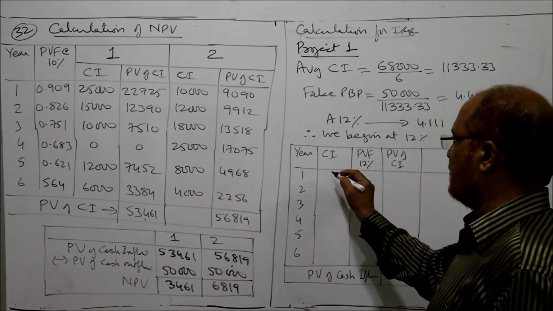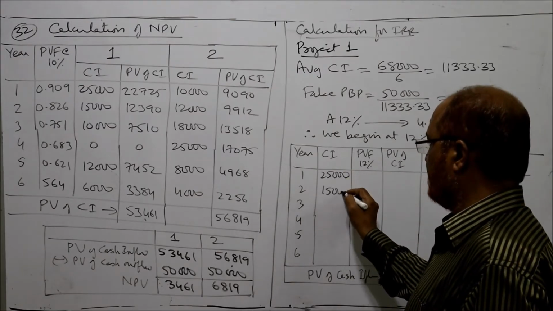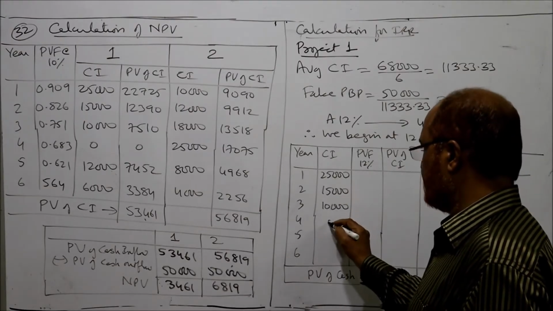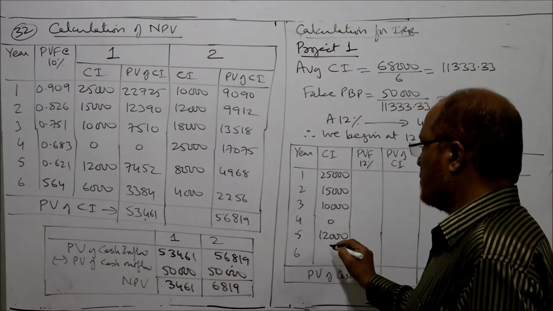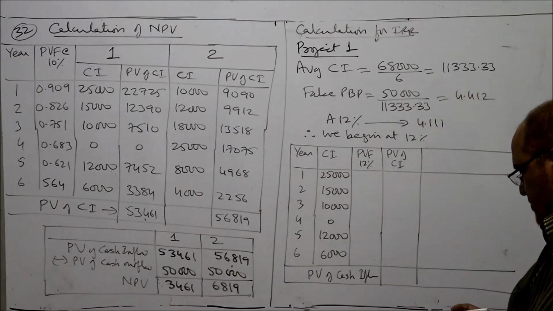Cash inflows are 25,000, 15,000, 10,000, 0, 12,000, 6,000. And the 12% PV factors are